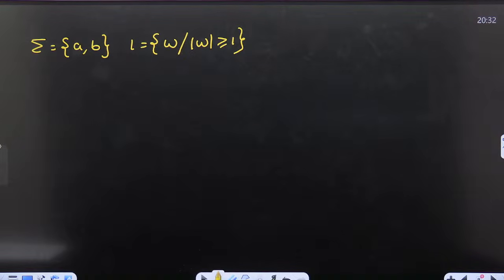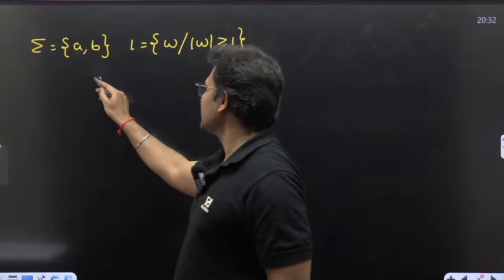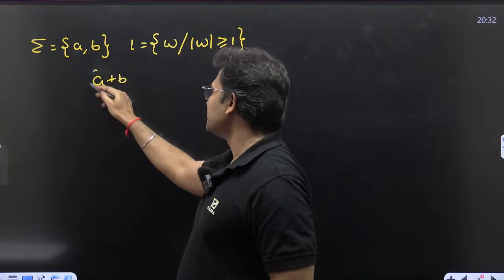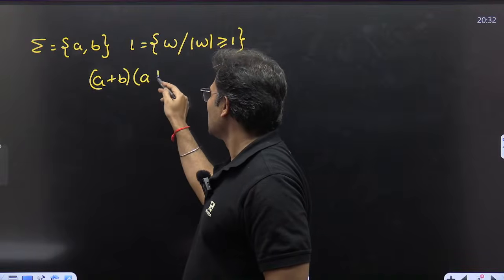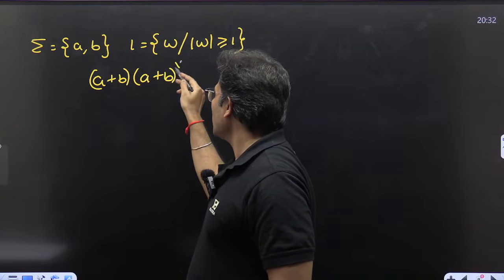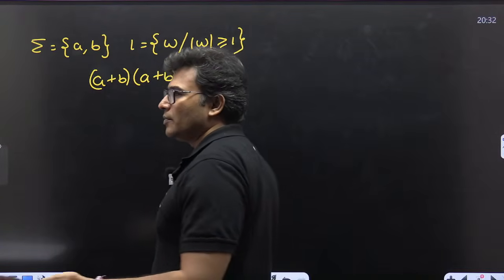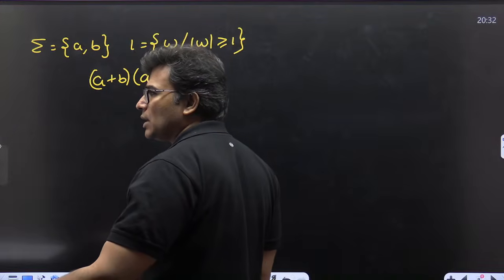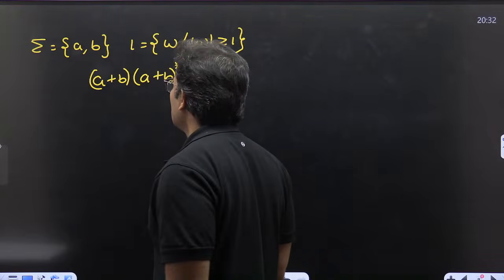Very good. Simple, right? So you can write like this: A plus B is one length, then A or B followed by anything, A or B followed by anything, right? Or